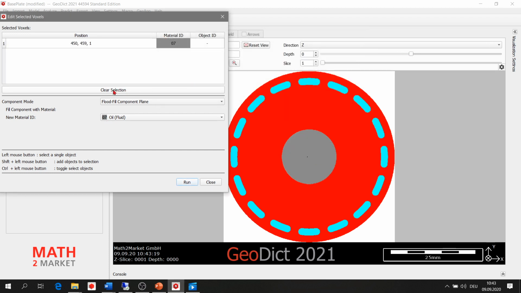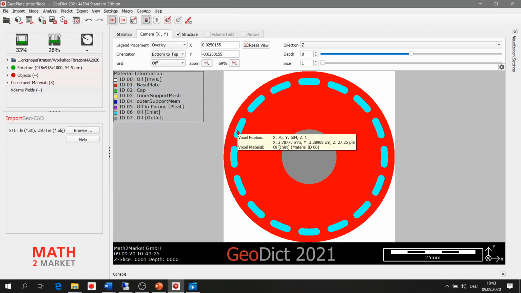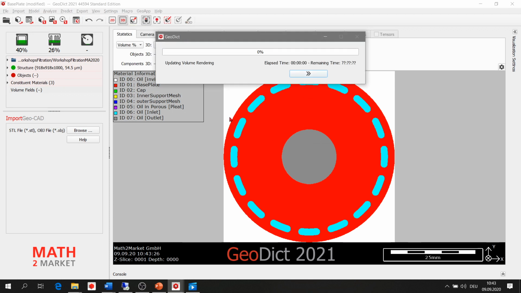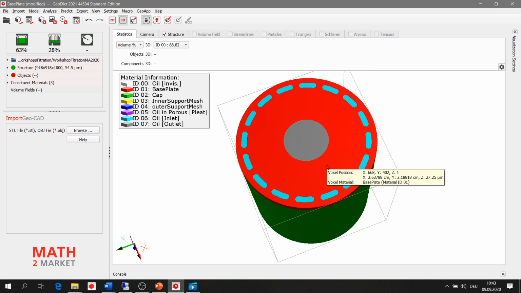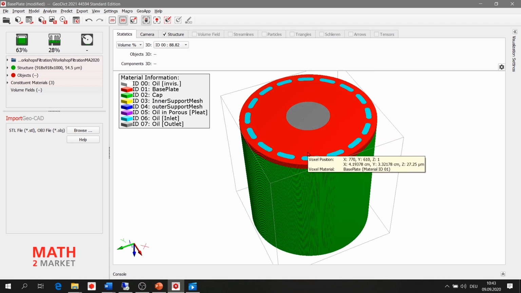We can again clear selection, close this, and we can check again the 3D view of the filter. Right, so you can see here inlet and outlet are added.